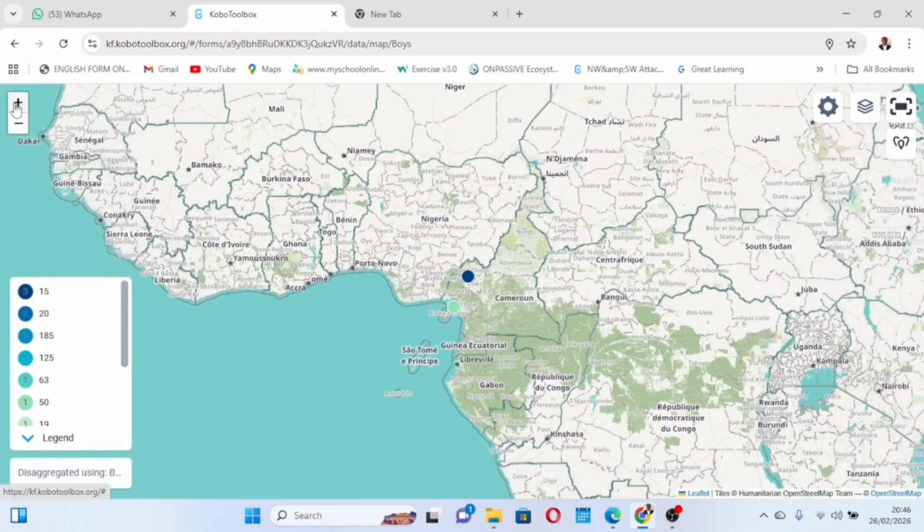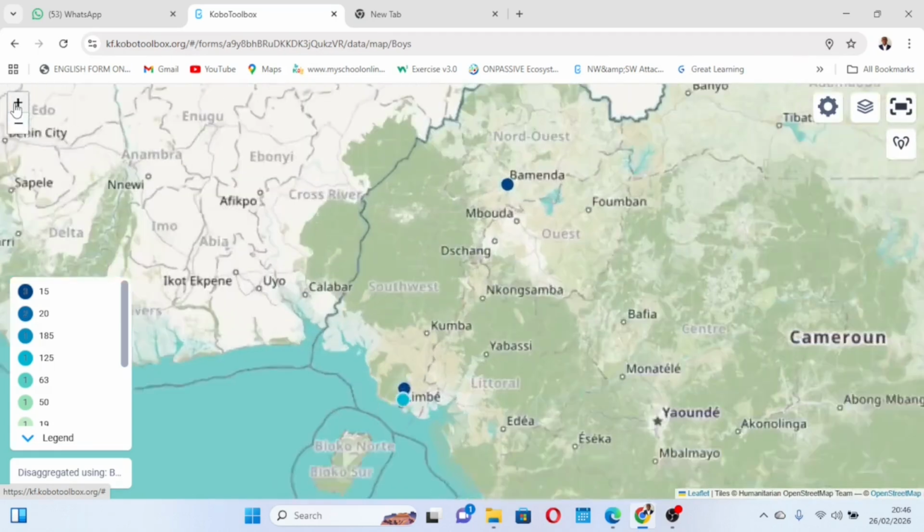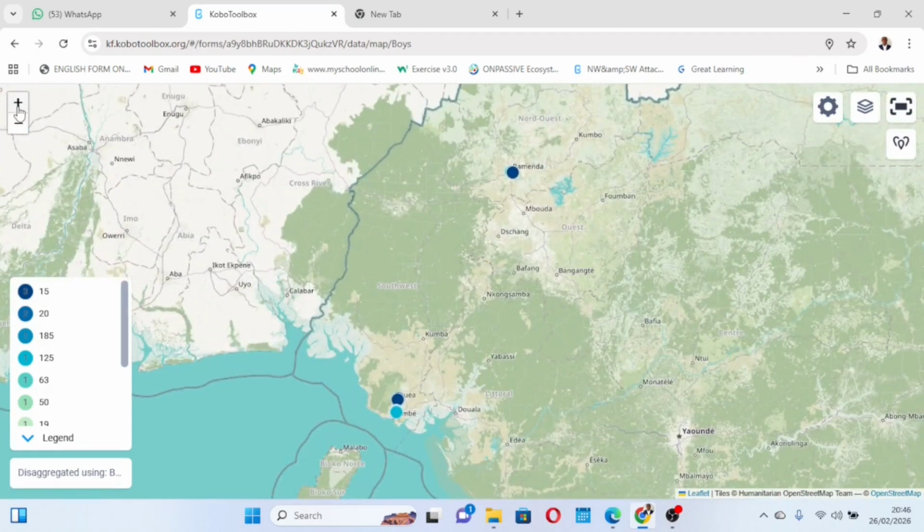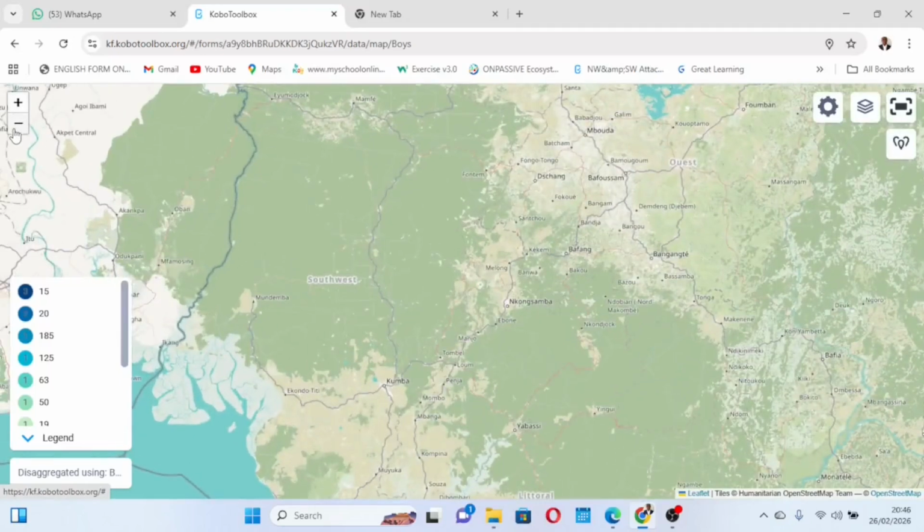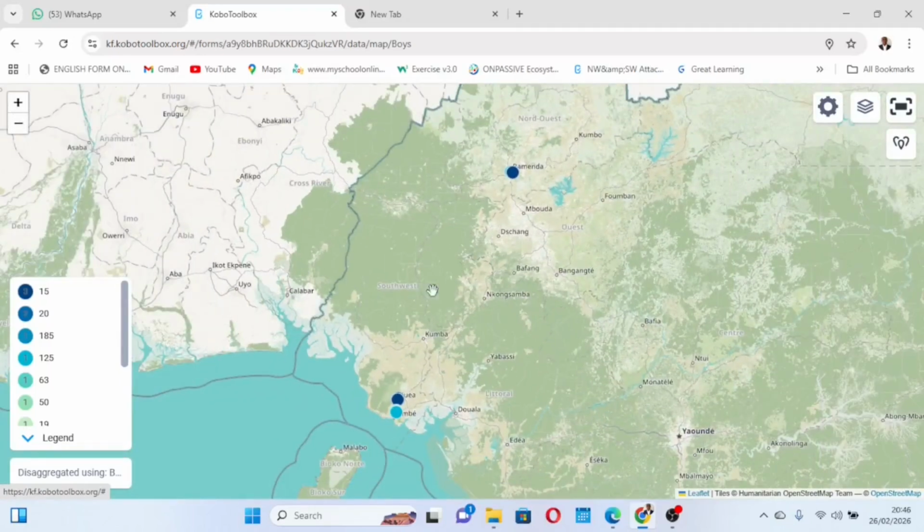Now one of our brothers asked a very critical question: how can we transfer this map into a reporting platform or a reporting tool, or maybe a Word document, etc.? We can, by just zooming it like this, and then you take a screenshot. I can zoom this map and I take a screenshot. A screenshot will show me from here. For instance, if I come here